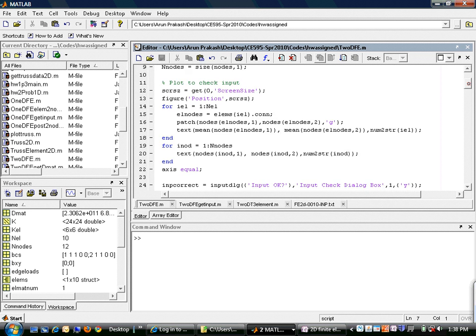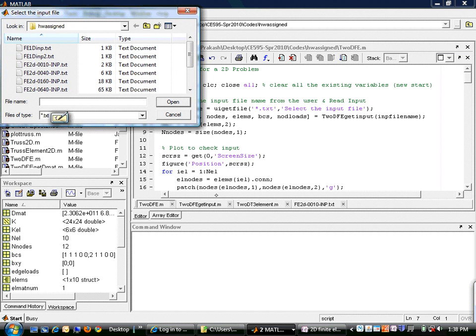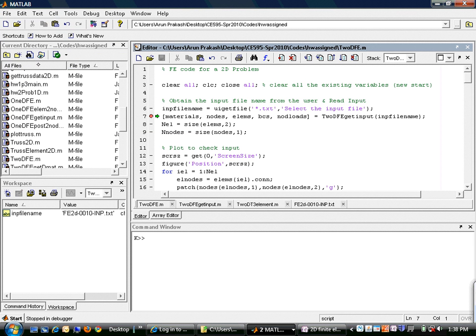So let's take a look at how this code runs. I'm going to place a breakpoint right here. This is the command that gets the input from the file that I was just showing you. So if I run it now, it's asking me for the name of the input file. This is the input file that I want. And now I'll try to see how this